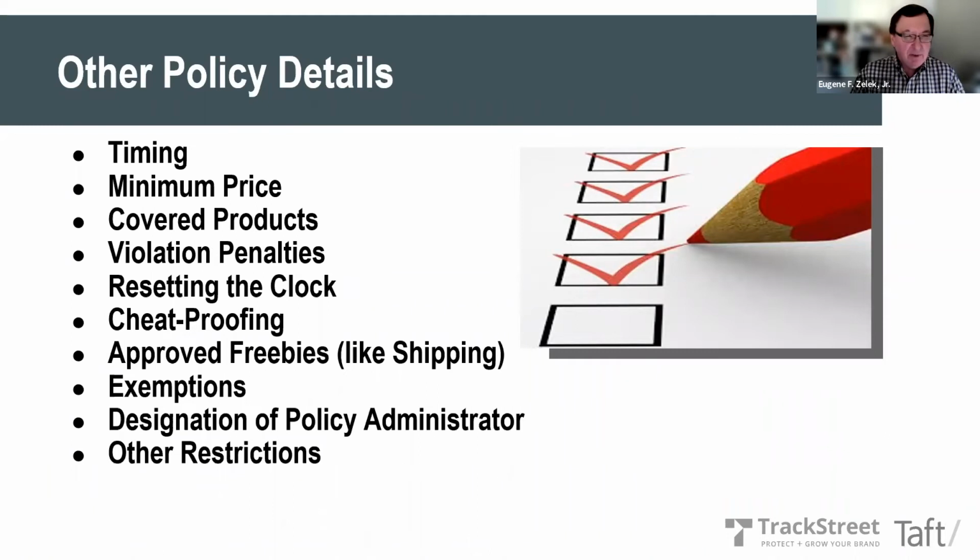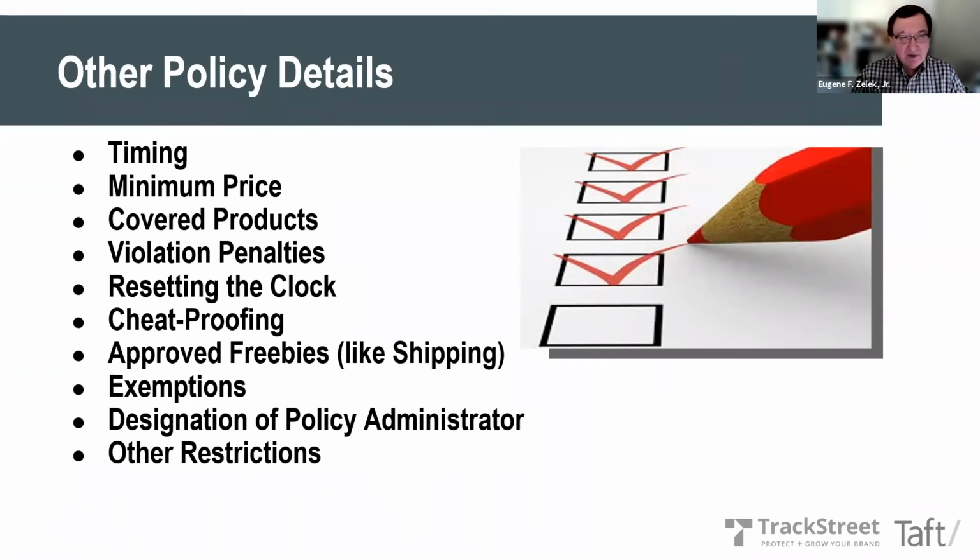What's the timing? When is it going to be effective? When are you rolling it out? Or is there going to be a ramp-up period where you tell people it's going to be effective in 30 days to give them a chance to conform behavior? A big one, which is really something we lawyers don't get involved in much, is setting the minimum price. This is really an art form, and it's really something that the business people have to figure out. You set the price too high and you're going to lose sales. You set the price too low and you're leaving money on the table. So what's that sweet spot? Where does it need to be?